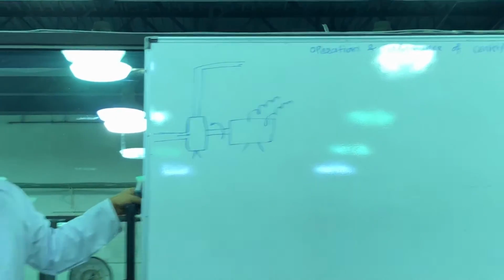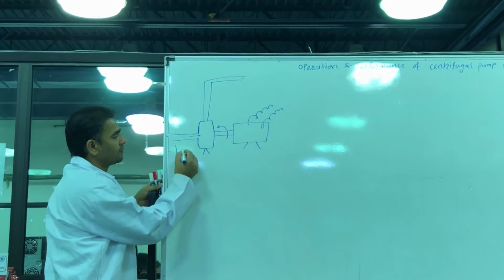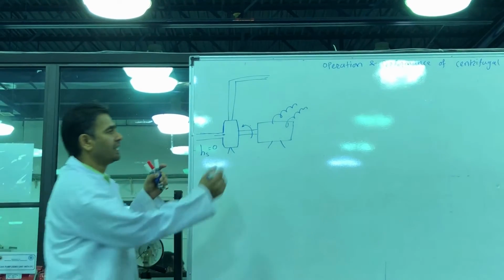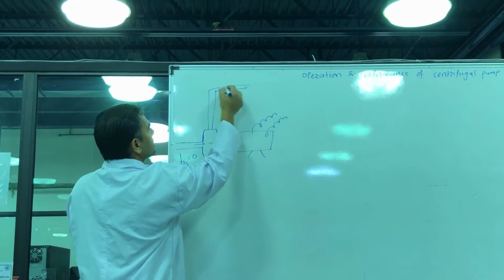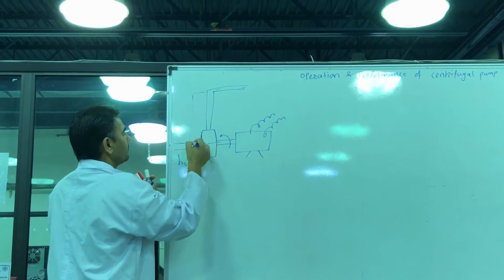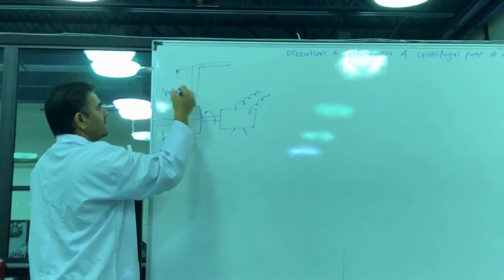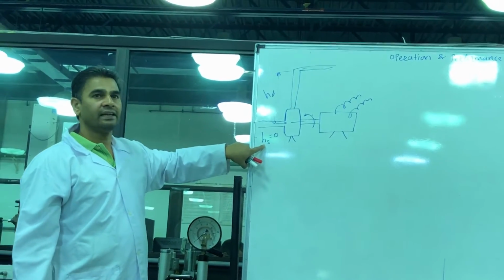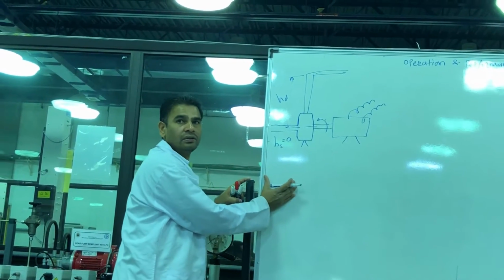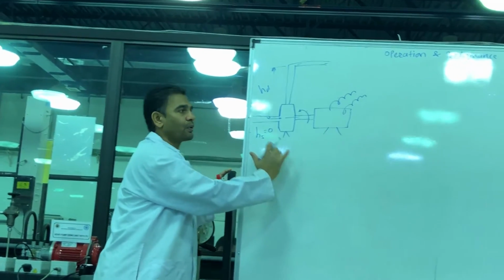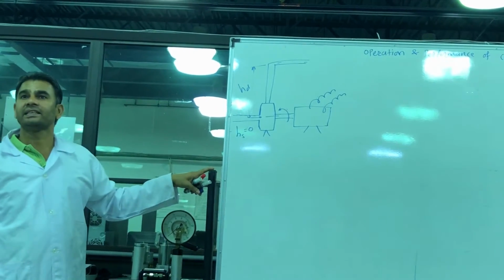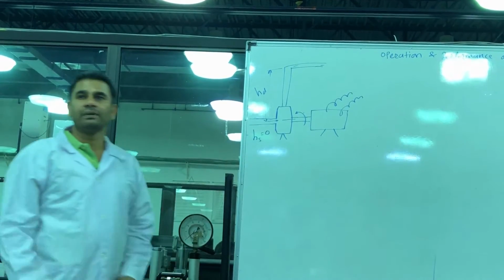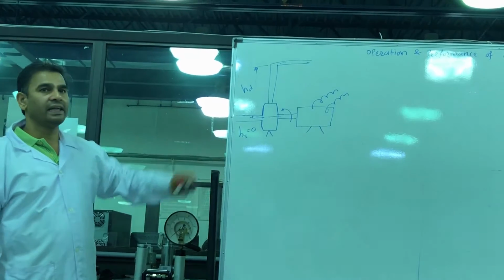So in this case, the suction head, which is denoted by HS, is 0. And from this center line to this line is the delivery head, denoted by HD. Sometimes your tank is down, so we have to take from the surface of the water to the center of the pump. That is suction head. Here our water tank and center of the pump are at the same level, so suction head is 0.